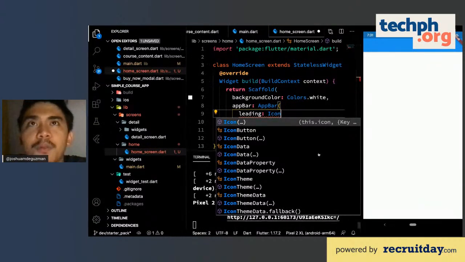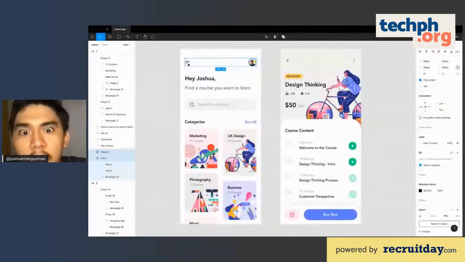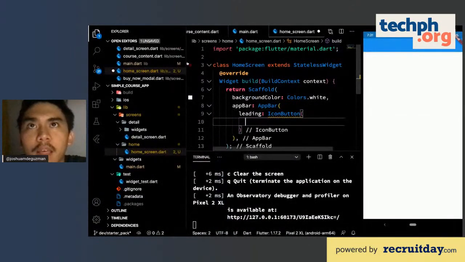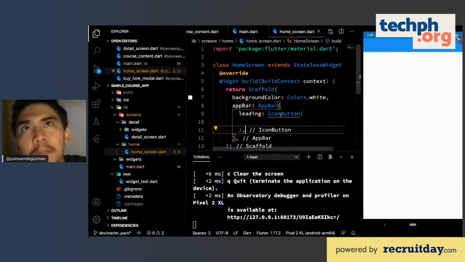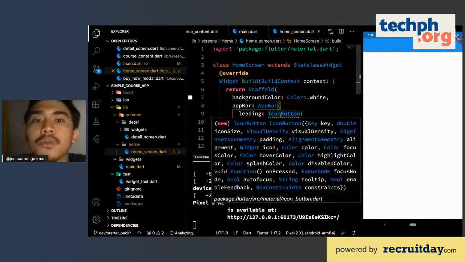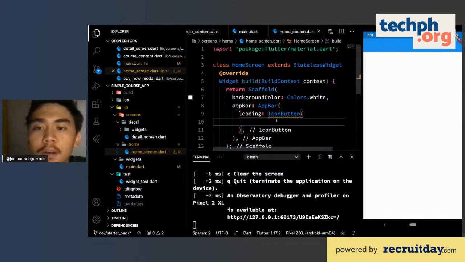Okay, so what we want to do here is to have an icon button, since pretty much this is an icon which is clickable. So we have an IconButton API from Flutter. API meaning an application programming interface for you to be able to use this widget to display an icon button. The icon, you can just inspect it in the Figma file.